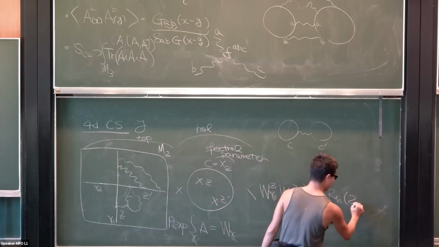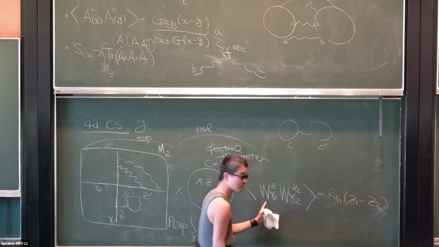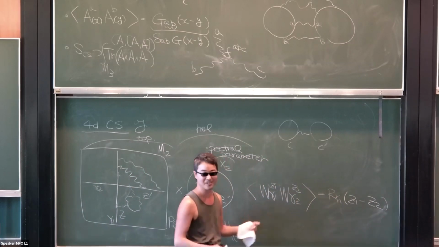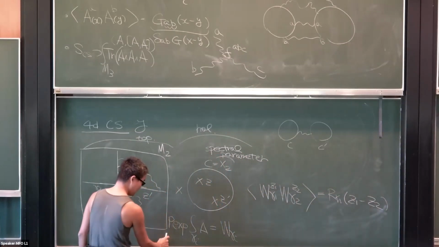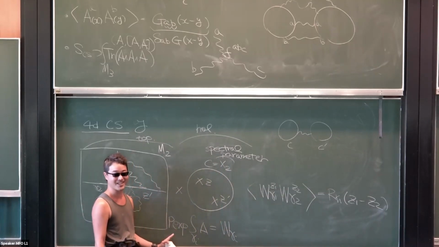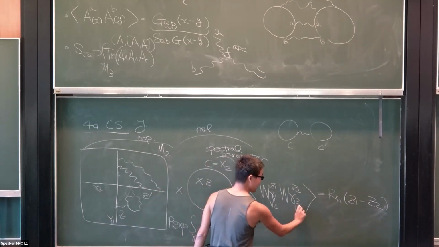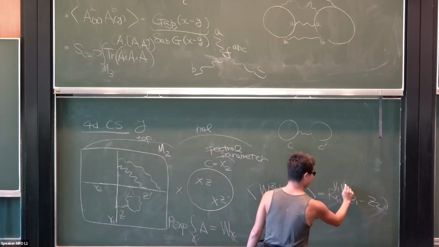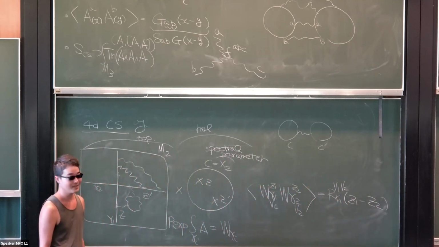In fact, I should write down some formulas. And this is H bar. Also I forgot to say that, of course, for Wilson lines you have to specify which representations you are in. This itself is a gauge adjoint, so you have to evaluate it in some representation. So there is a representation dependence, V1, V2, for example, and there is an associated R matrix for that representation, to all orders in H bar.